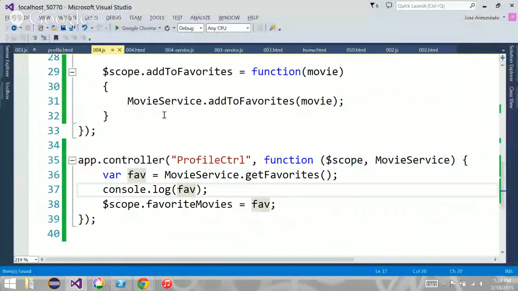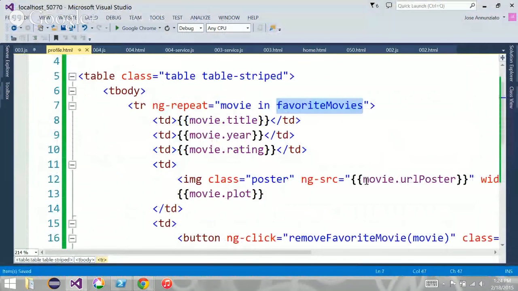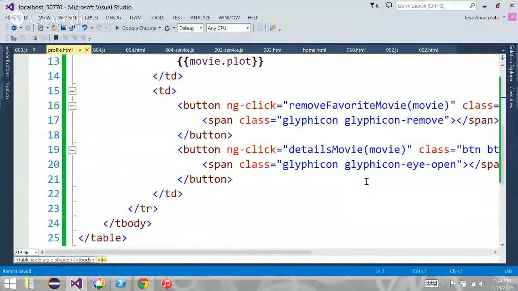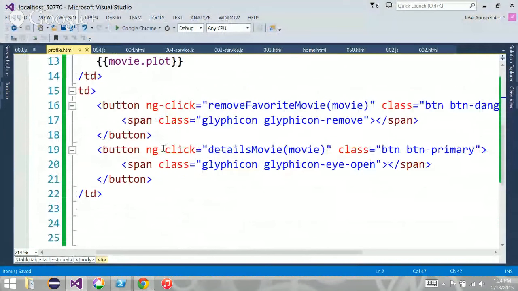In the profiles page, as I iterate and I want to go to details, it used to be that the button had an event handler on displaying the movie details. Instead, what we want to do is actually navigate.